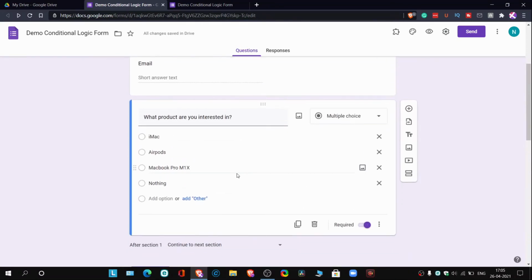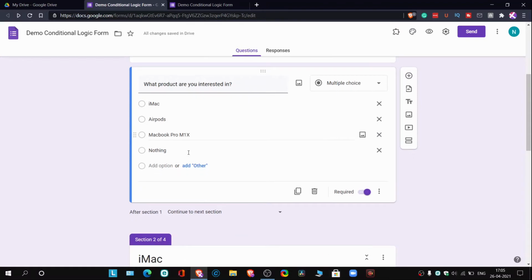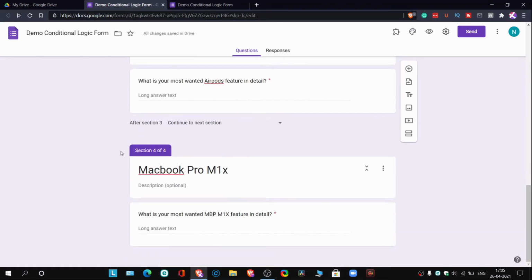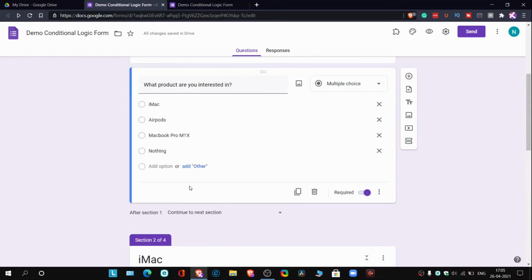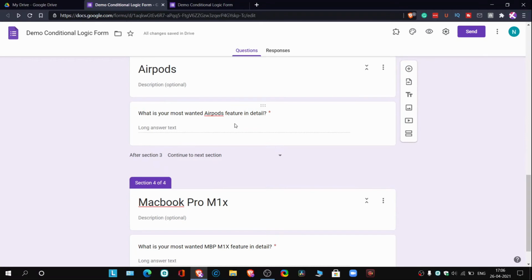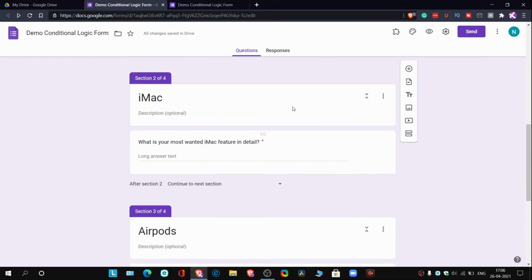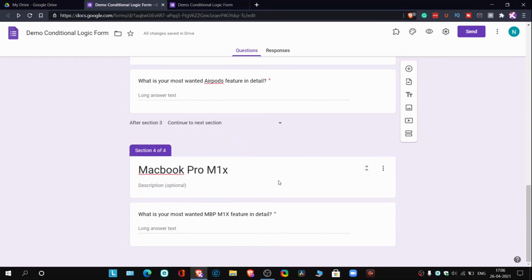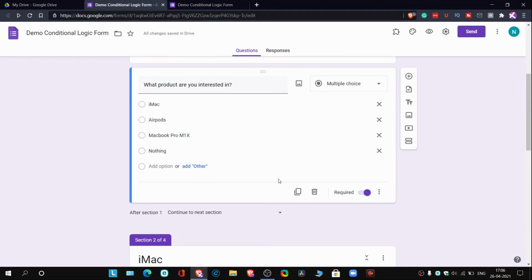Now how conditional logic will work is that if a person selects MacBook Pro M1X in this question, then he'll have to click a button and then he'll automatically be redirected to this MacBook Pro section which I have created. Similarly, if a person selects AirPods, then he'll be redirected to this customized AirPods question and he won't see these other questions which I have created. So that is what conditional logic is.